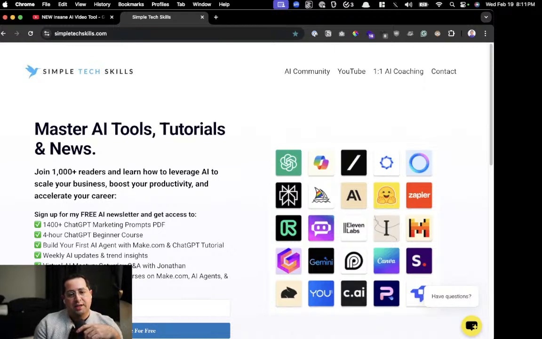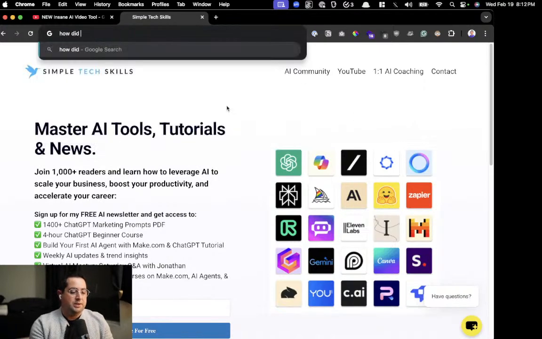Question: how can you make the AI influencer with Veo 2? Veo 2 technically isn't out yet. There's software out, but you have to train your own model at that point to make it work. If you want to, there's software that will do it, but you're basically training your own large language model.